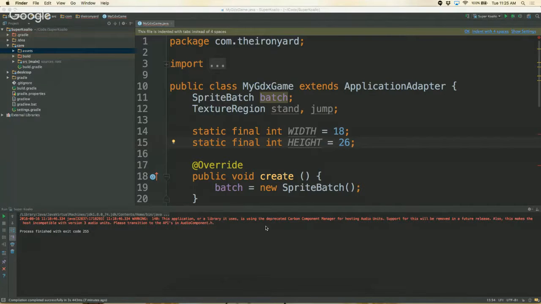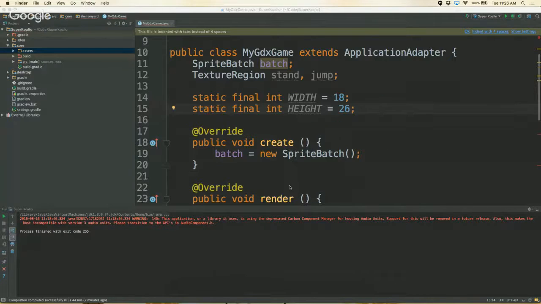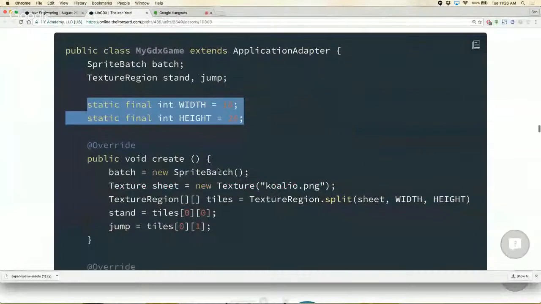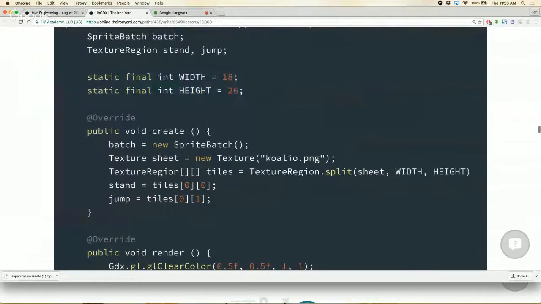My texture region is red, as it's supposed to be. I need to import the TextureRegion class. So we have two variables, stand and jump. So on create, we're going to work instead of just saying